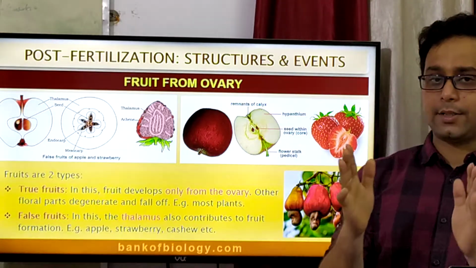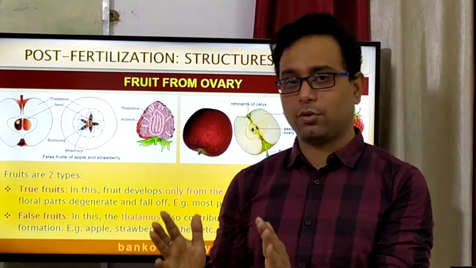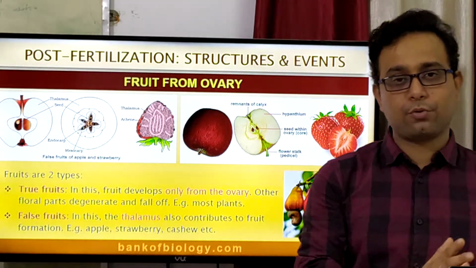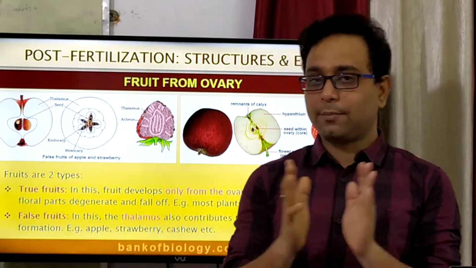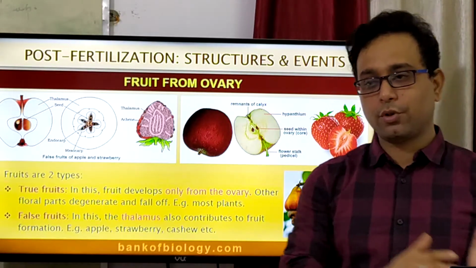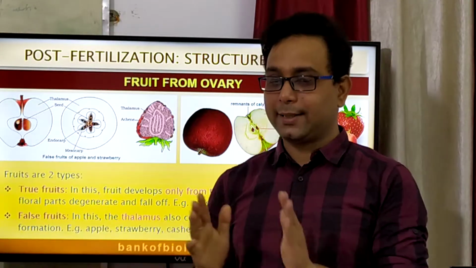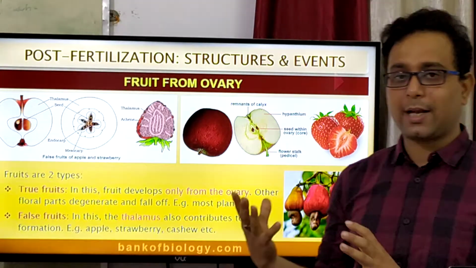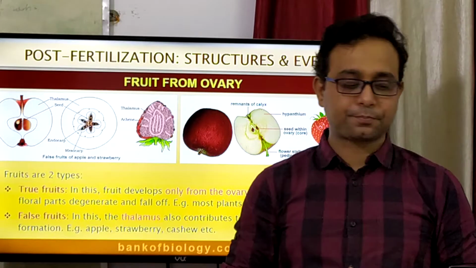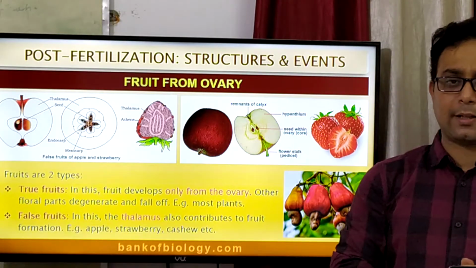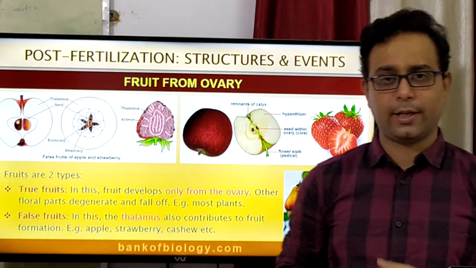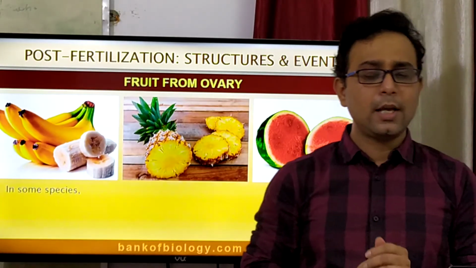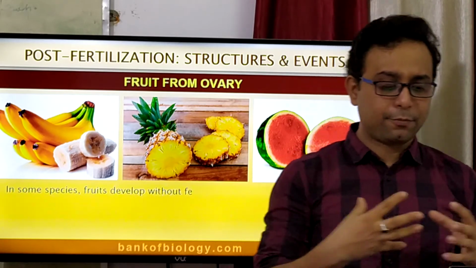So understand that, by origin, fruits are of the true type and the false type. From the ovary, it is a true fruit. From a part other than the ovary, like the thalamus, it is a false fruit. So these are the two most important classifications of fruit. Now discuss another very important topic from your NCERT point of view: in some species, the fruits are developed